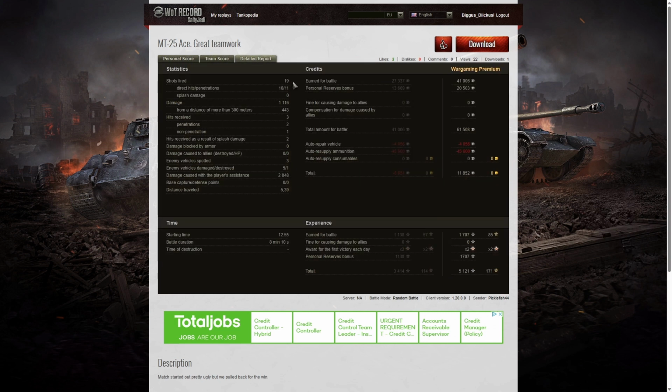He fired 19 rounds, 16 direct hits, 11 penetrations. Yes, he did have a fair number of rounds which just didn't penetrate through the armor. And he did damage of 1,116 hit points, of which 443 were at more than 300 meters. He received 3 hits from the enemy, 2 penetrations, 1 non-penetration, and 2 hits by way of splash damage as well from the enemy Arty, getting very, very close to him. He spotted 3 enemy vehicles, damaged 5 of the enemy, killed 1,